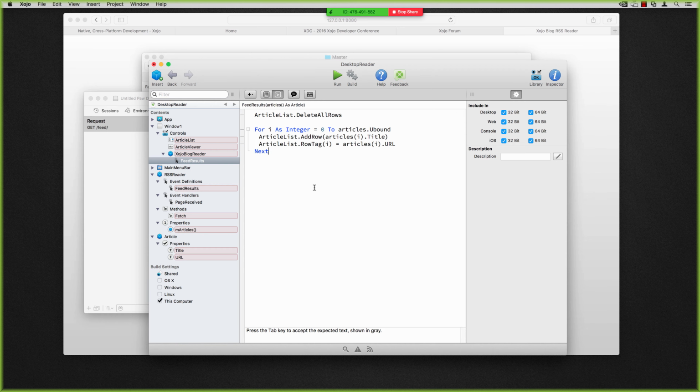So I just pasted in very simple code here. We're just going to delete any rows from the list box that we added, and then we're going to iterate through the articles that are passed in here, and then just add them to the list box. We use the title for what's displayed, and the row tag will be the URL. And that's what will check when one of the rows is clicked so that we can display the URL in